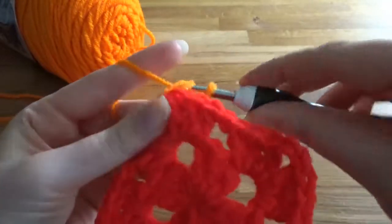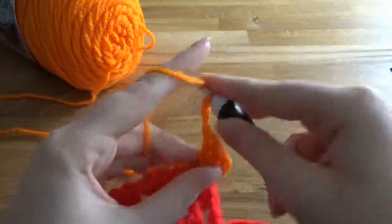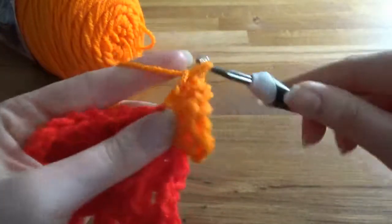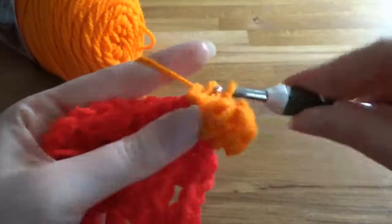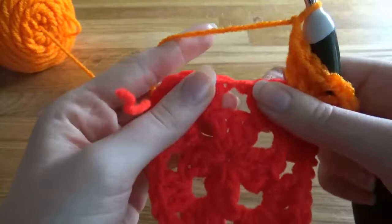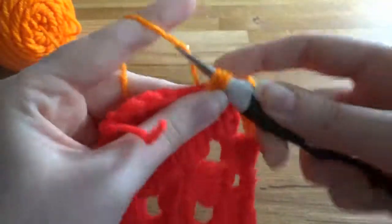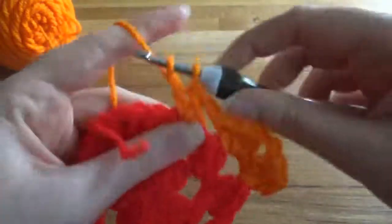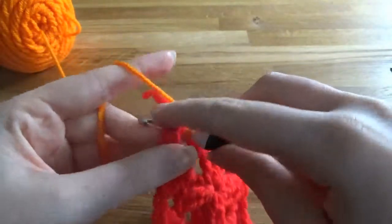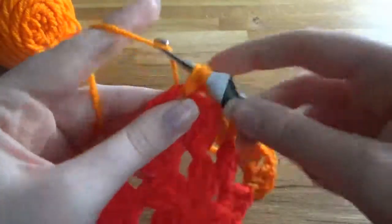We're going to make 2 more double crochets, chain 2, and 3 more double crochets. Chain 1. So in our next space we are going to do 3 double crochets and chain 1. We're going to go into our next corner space. Two double crochets, so 3 double crochets,